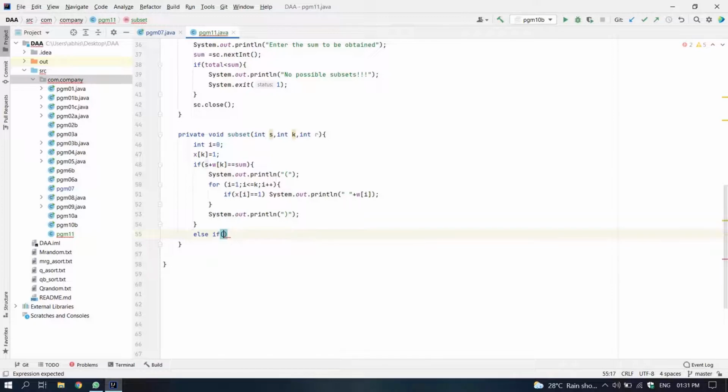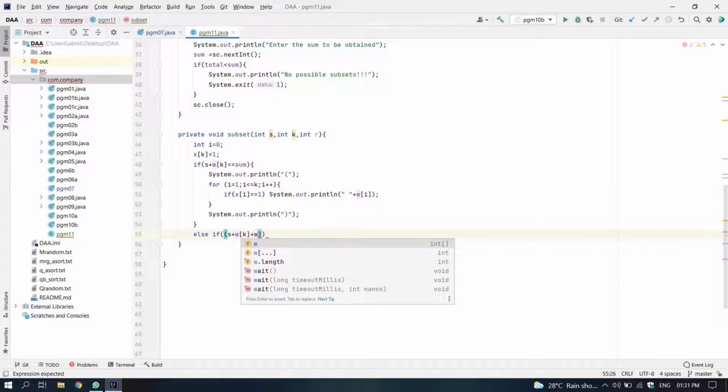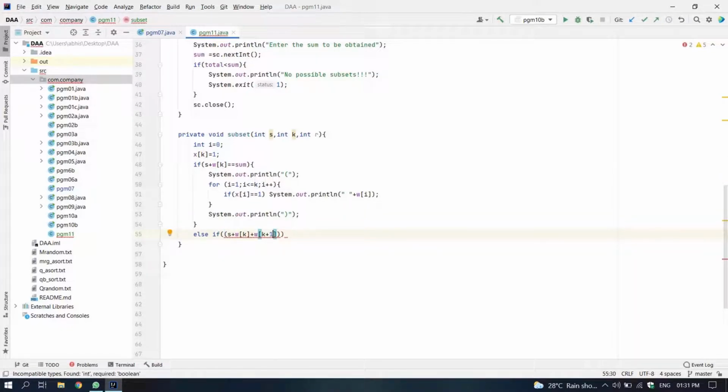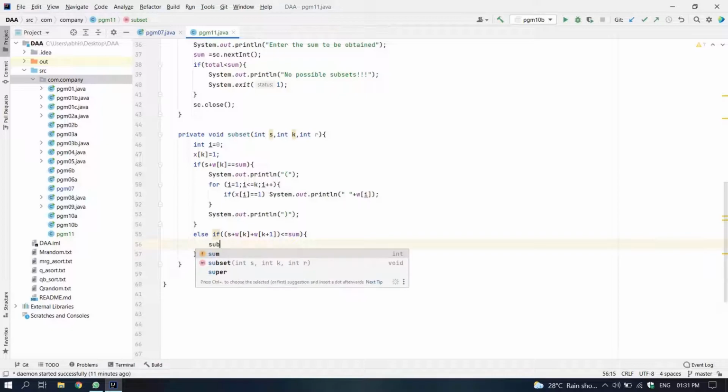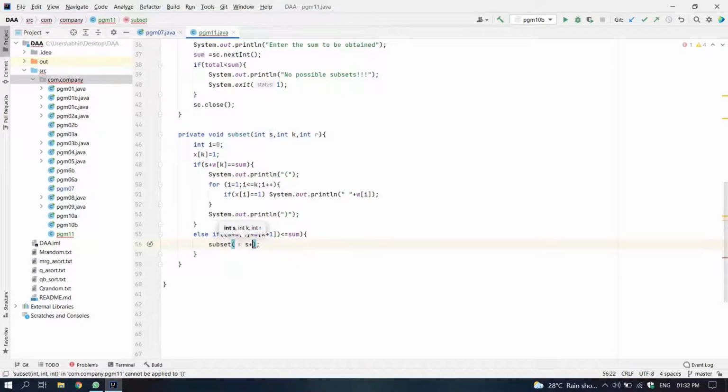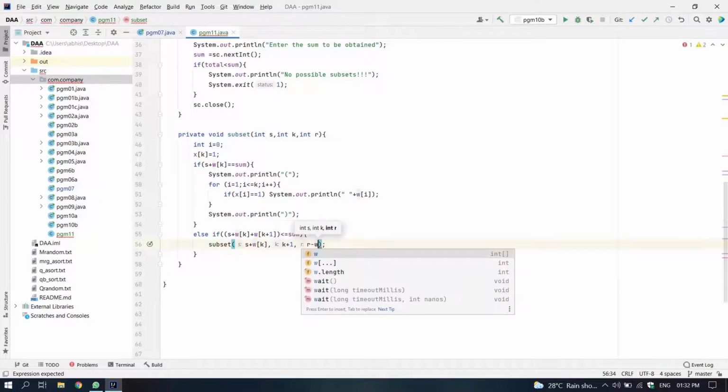Else if s plus w[k] plus w[k+1] is less than or equal to sum, that means if the sum till now and the value of the current element plus the value of the next element is less than or equal to sum, then we will call the subset method again with the next element and updating the sum as sum plus current element.